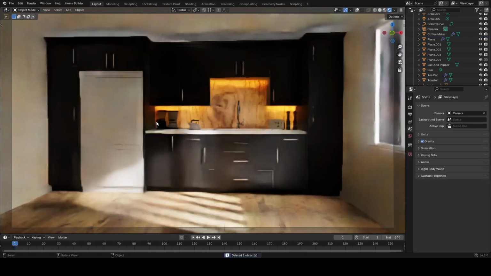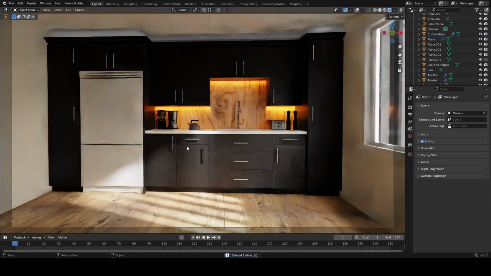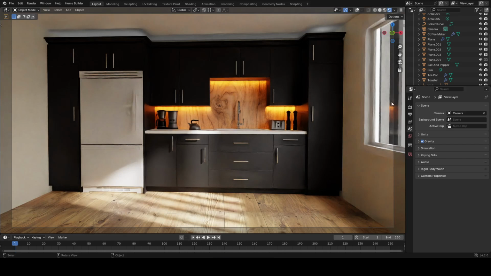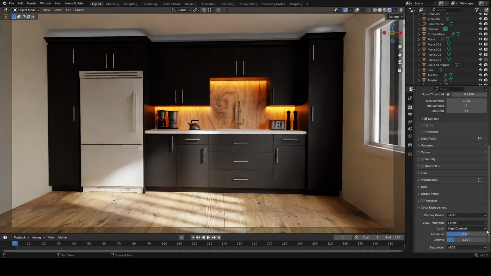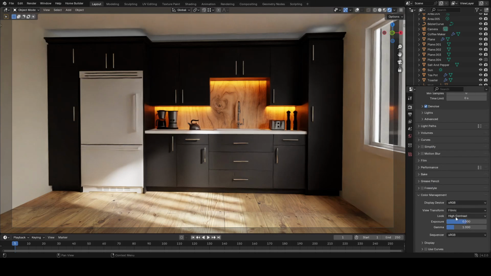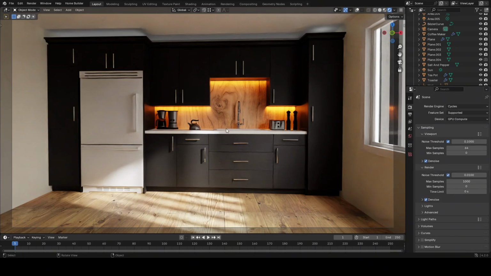I think we can delete this one. And really nice. We created this in almost 40 minutes. So for the rendering, we go and click here. We set the render samples to 1000 just for a single frame, and then we already changed the color management to Filmic and High Contrast, and make sure to click on denoising and then save it. And